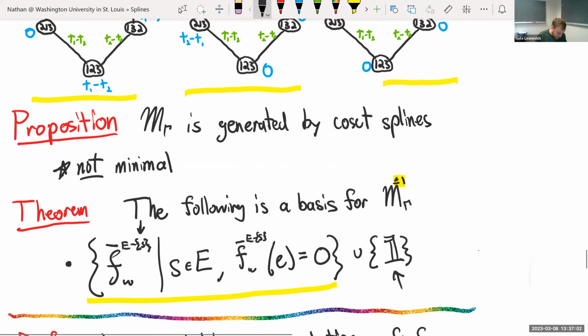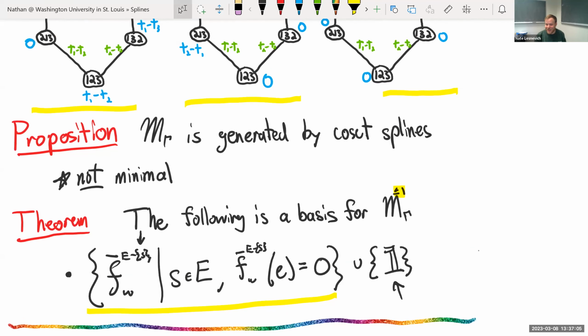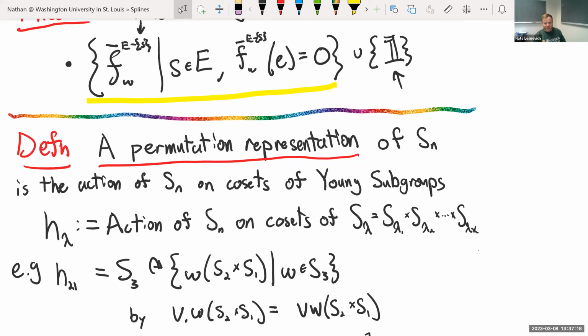So I can also tell you what the dot action representation on this is, but in order to describe it in a meaningful way, I have to define a few things. A permutation representation, again, for those familiar with the representation theory side of this, on cosets, I'm being a little bit informal here, of Sn is what I'm going to call the action of Sn on cosets of Young subgroups. Young subgroups being, right,